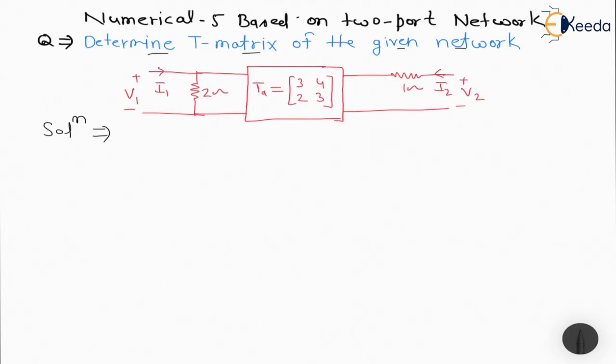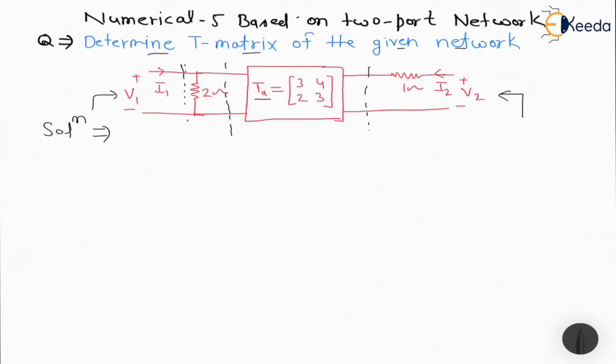So here is the given network. This is the value of T_A given, that is 3, 4, 2, 3. This is the transmission parameter, and if we see the given circuit clearly, we need to find out the relation between V1, I1 and V2, I2, meaning the final input is V1, I1 and the final output is V2, I2. So if we see clearly here, we can see that there are three